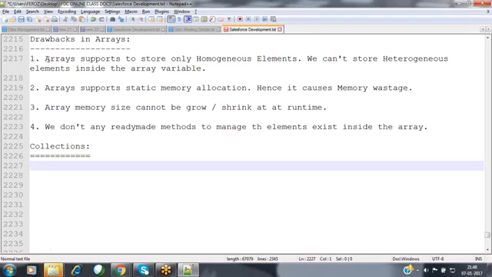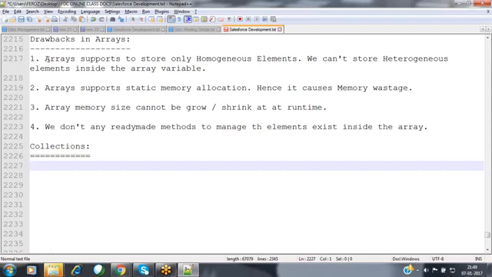And whenever you remove some element from the collection at runtime, the memory size will decrease automatically here. There is no concept of memory wastage. Whenever you need memory, you can extend it. Whenever you don't want the element, the memory will decrease. Nothing but the memory utilization will be very, very efficient when coming to collections here. That much of advantages are available when coming to the collection classes here.